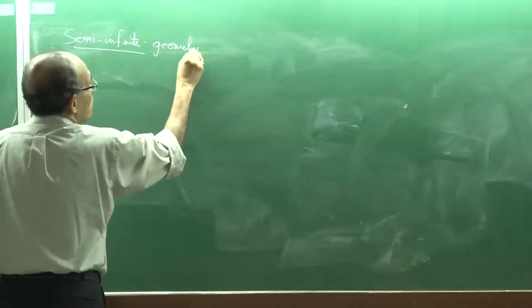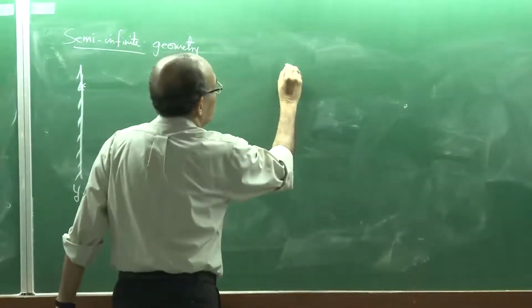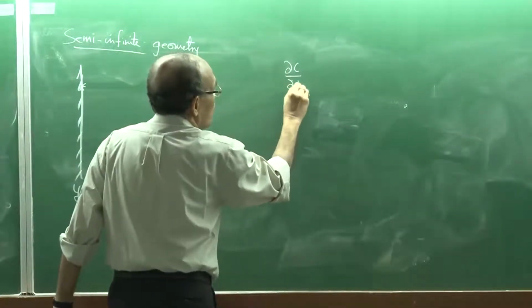Mass transfer is through a motionless media, and the motionless media is under consideration. All other conditions apply, only the geometry is changed, and now y is equal to 0 here, and this is y, and the surface concentration. So it is the same problem, and the equation is now this,